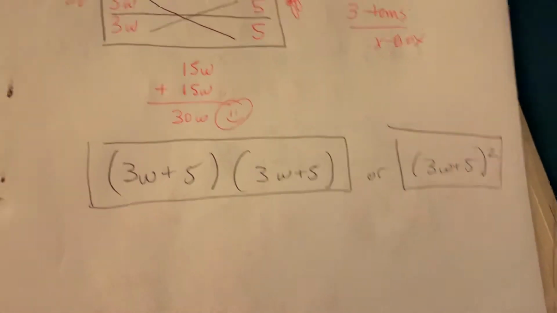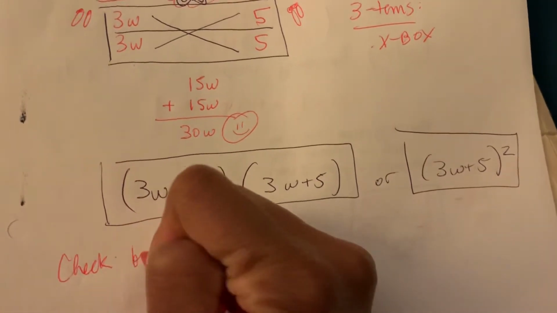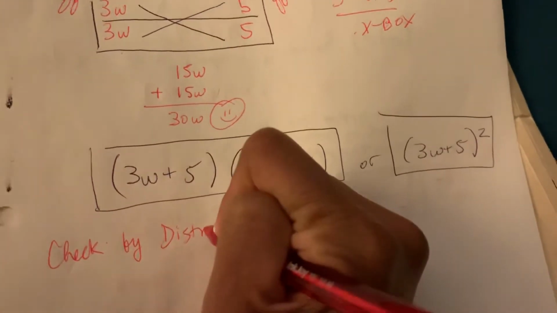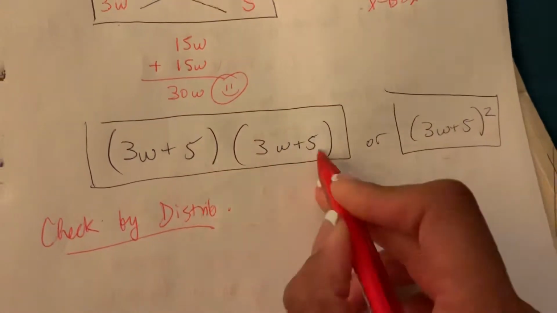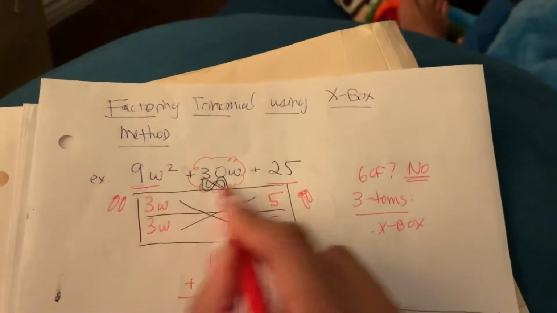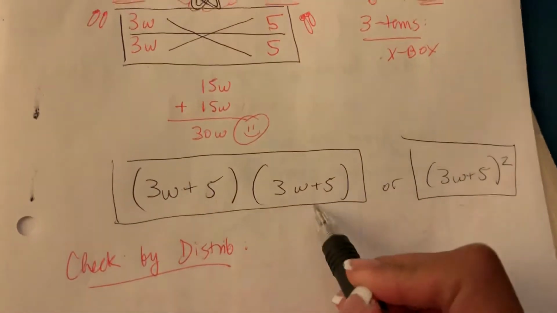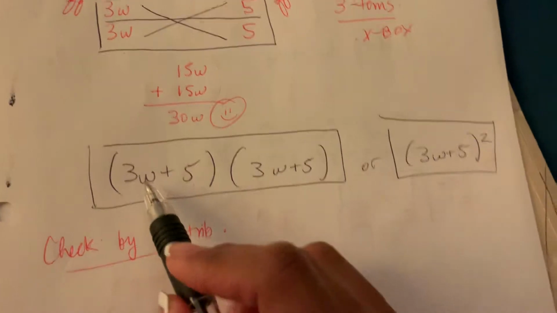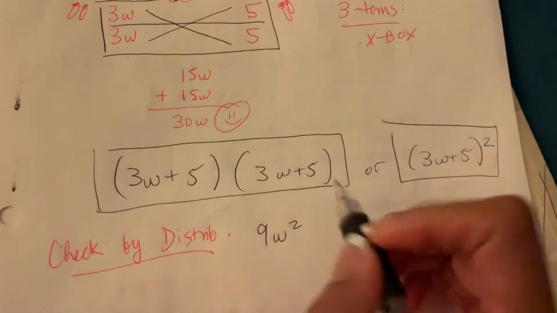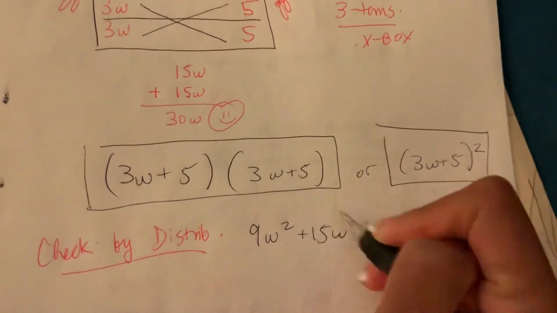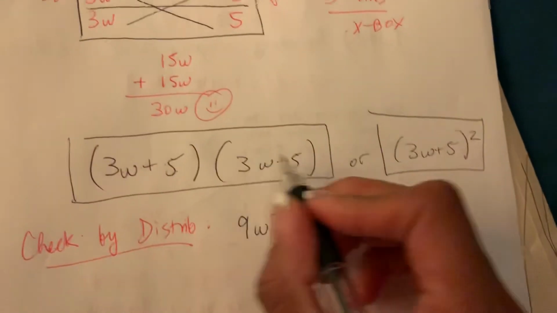And I always recommend checking your work. You check your work by distribution. So multiply it out. Multiply this out and see if you get your original polynomial. So I'm going to just check it. 3w plus 5 times 3w plus 5. I'm going to FOIL. I get 9w squared. 3w times 5 here is 15w. 5 times 3w is another 15w. 5 times 5 is